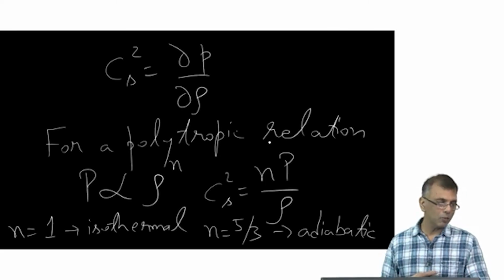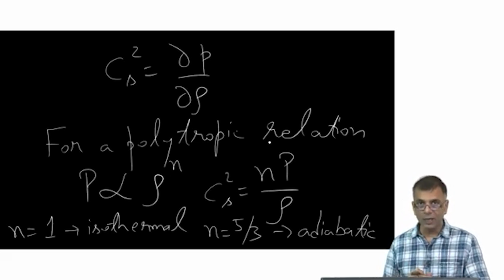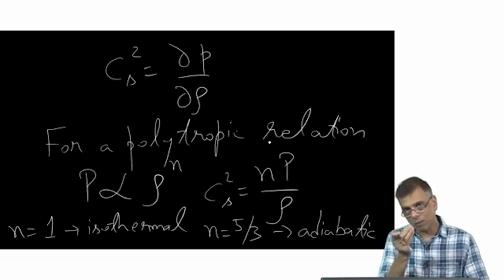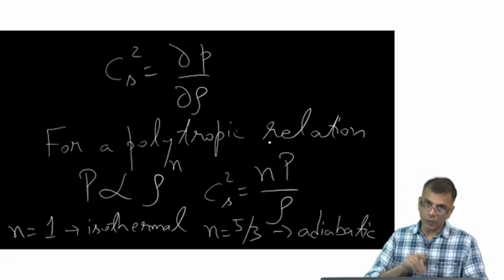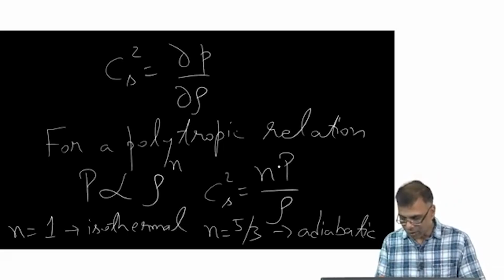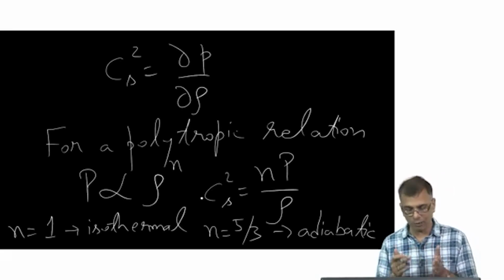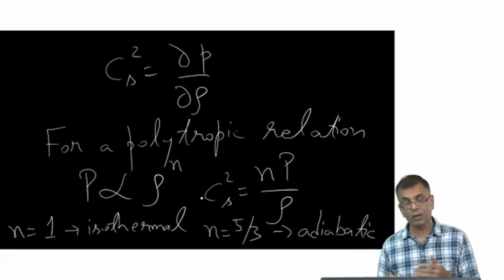Normally what happens is, you're often asked, okay, you're talking about the speed of sound, the characteristic speed at which small density perturbations propagate, but what is the thermodynamics of these density perturbations? How do these small compressions and rarefactions behave? Is it an isothermal compression and rarefaction, or an adiabatic one? If you can answer that question, you'll have the accurate definition of speed of sound. So you can have an isothermal speed of sound, an adiabatic speed of sound, and something in between as well, depending upon the value of n.